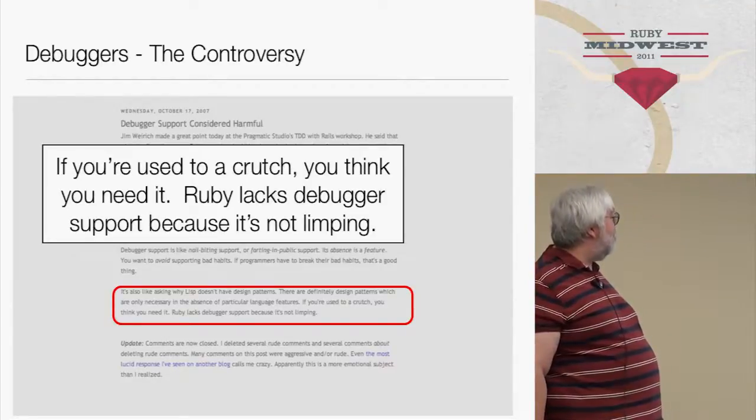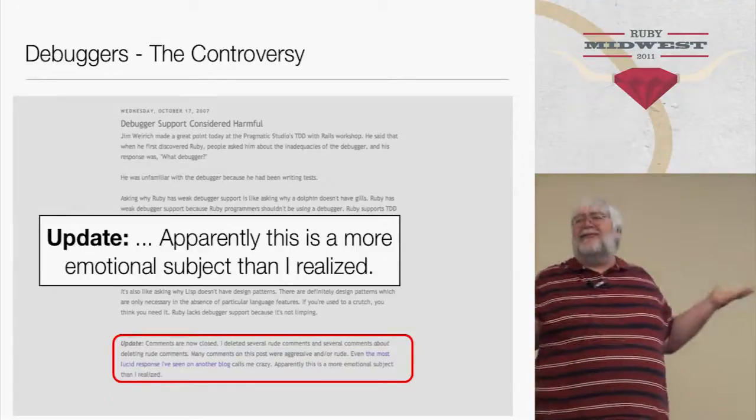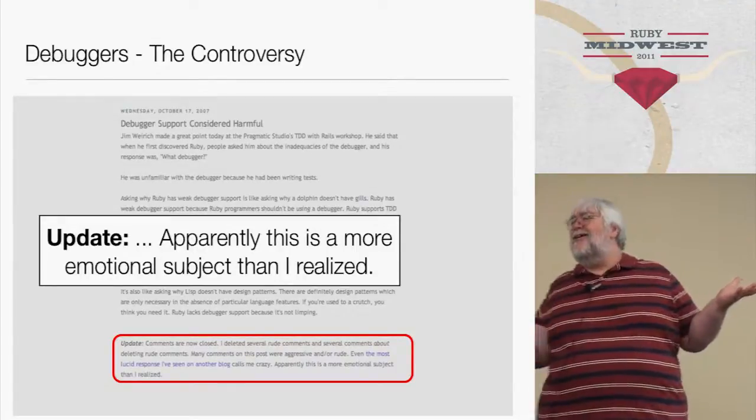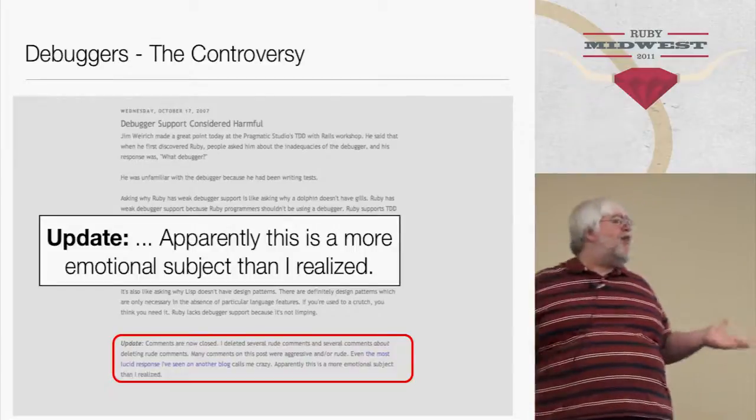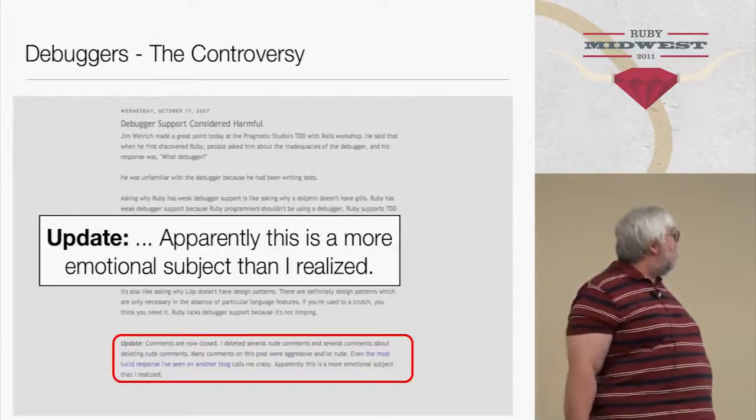Okay, and surprisingly, he was surprised by the feedback he got on this article. Yeah, I can't imagine why he was surprised. Yeah, so